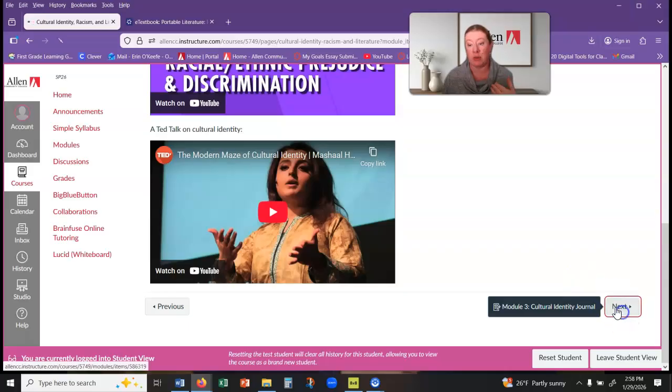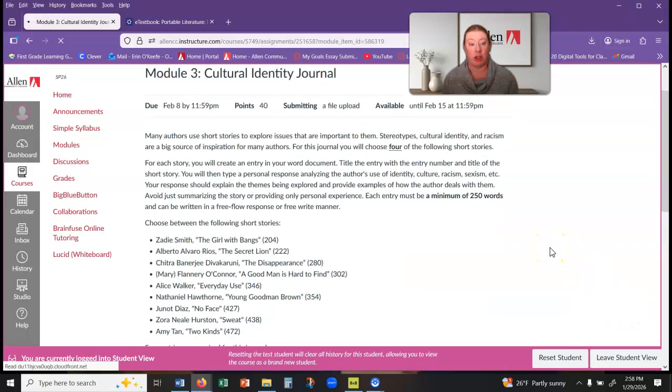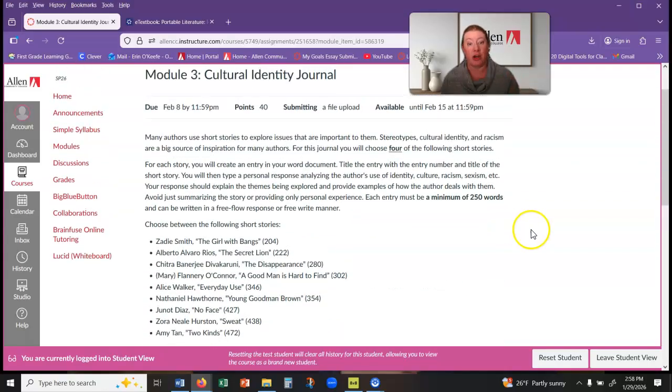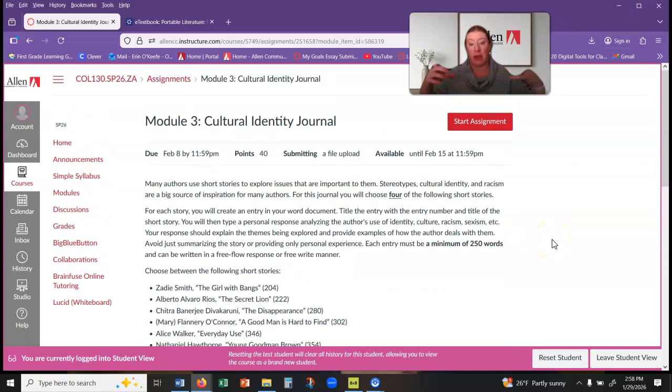And your task will be, you're basically creating a journal. And by a journal, I mean you're going to start a Word document and you're going to choose 4 short stories from this list. For each story, you're going to provide me with a short, well, not short, but 250 word paragraph. So it's going to be 2/3 of a page long,